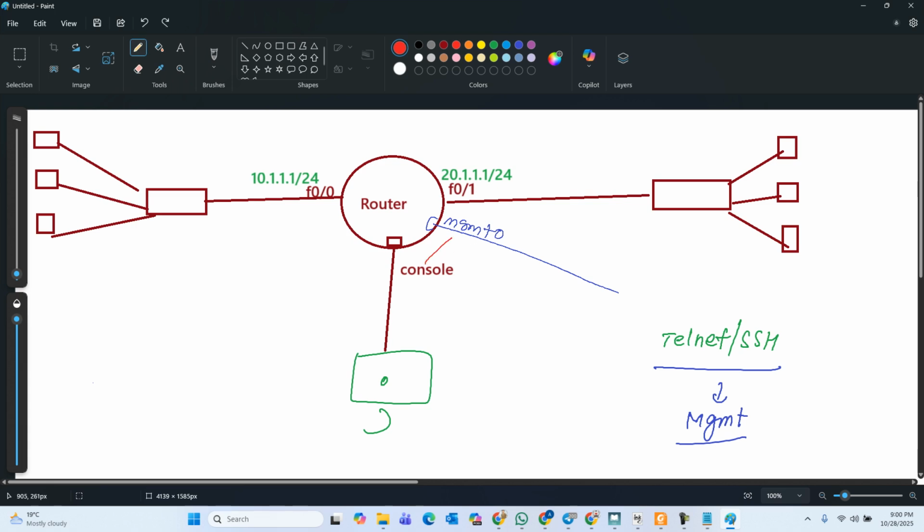Now, what is the difference between console and management? See, the ultimate purpose is same, but on the management interface, I can configure an IP address, and using this IP address we can have the reachability or routing, and through that even I can reach this router from a remote location. But now if I want to do telnet, ssh, whatever I want to do with this router, I don't need to go to this interface or this interface. My management traffic will be isolated. So this kind of management is known as out-of-band management,